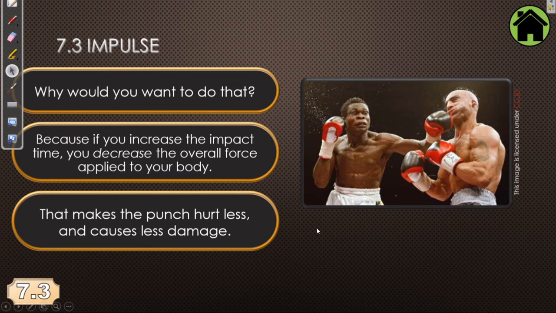Now you may be thinking, this guy's punching me. Why in the world would I want to extend the amount of time that punch is lasting? And here's the reason. Because that punch is going to cause a change in momentum regardless. You have a choice. You can stand there like a goofus and let the guy hit you in the face and go through a large change in velocity in a very short amount of time, or you can roll with the punch and go through the same change in velocity but over a longer period of time, which means that the average force applied to your face will be smaller and it will hurt less and cause less damage.